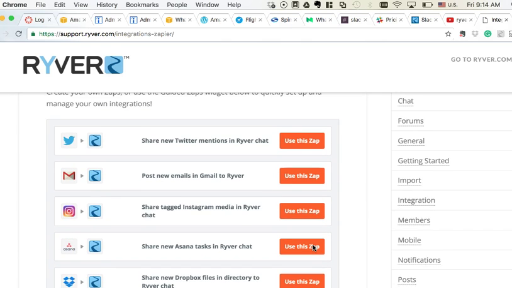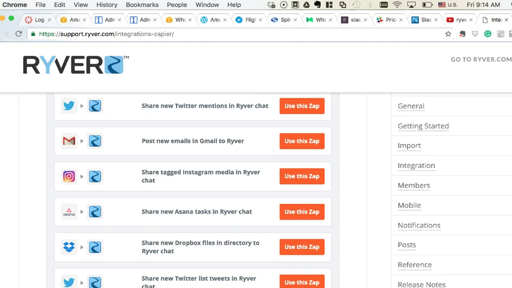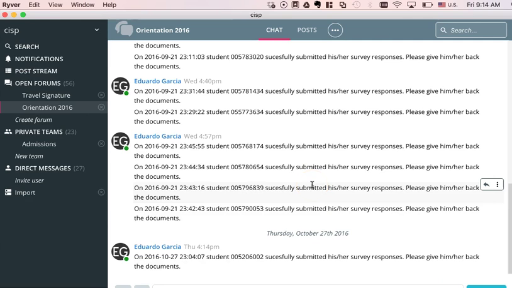For this, it's Zapier, the one that is generally being used, and then we go ahead and merge two different apps. So for one, we had Typeform, which is the survey app that we used, and then we integrated with Zapier to Ryver. So we customized it, and whenever we received an answer from our survey, you can see here the